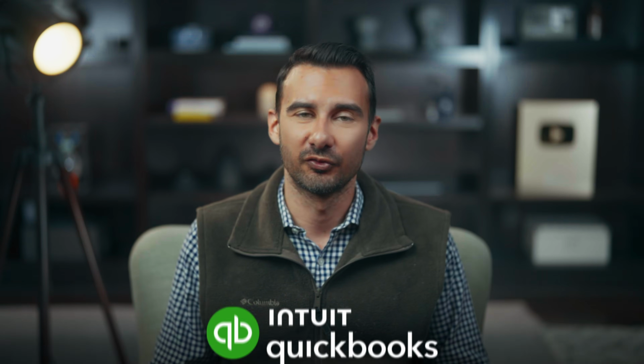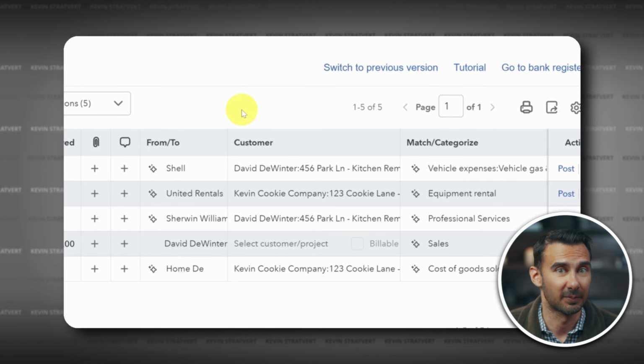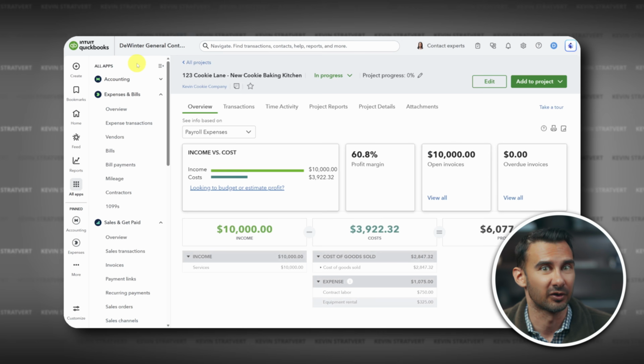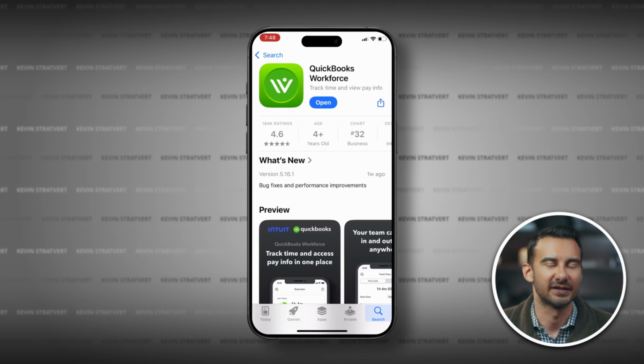Today, you're going to learn how to set up payroll for construction in QuickBooks Online. Most payroll tutorials don't go into job costing, different pay rates, and project profitability, but that's exactly what we'll cover